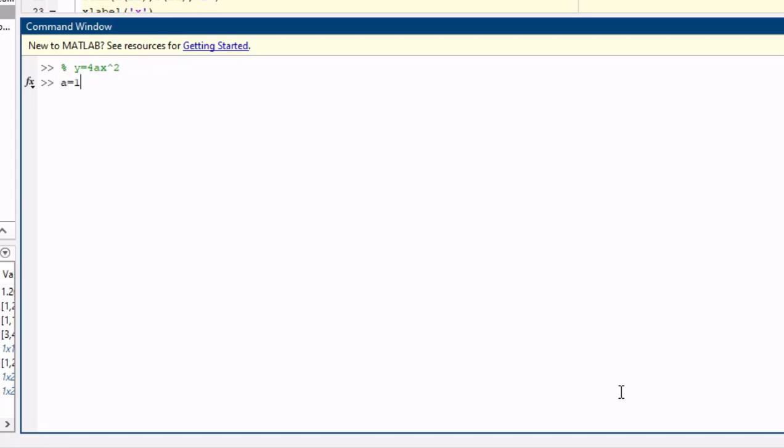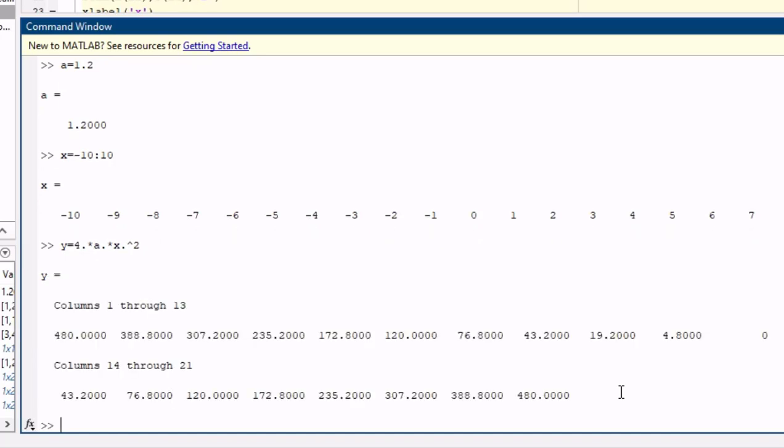I have assigned a equal to 1.2 and x from minus 10 to 10, and y equal to 4 dot star a dot star x dot power 2. Here 4 is a single value and a is a single value, but x is an array, so we use the dot multiplication operator. We got y like this.